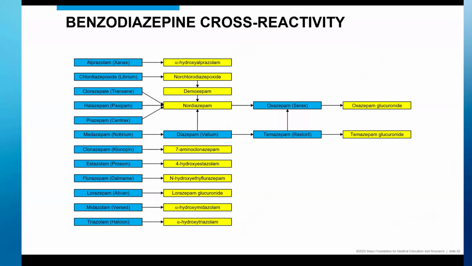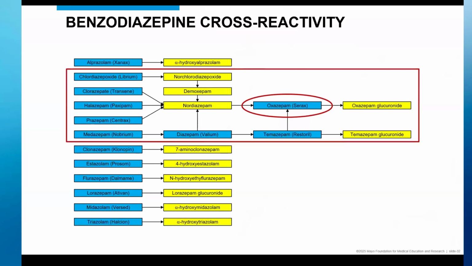Now, one thing to note is that most urine immunoassays tend to target oxazepam. In this figure that I have shown on the screen, everything in blue is a separate prescribable benzodiazepine. So for example, diazepam is a prescribable benzodiazepine. Then what I show with the arrows is the natural metabolic pathway of that drug. So in the case of diazepam in the center, it goes to nordiazepam to temazepam, which further break down to oxazepam. Now what this means is that immunoassays that target oxazepam are really good at picking up all the blue boxes within this bigger red box, what I call the common benzodiazepine pathway.